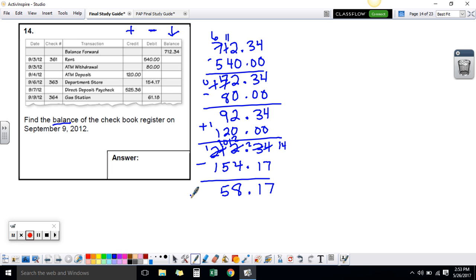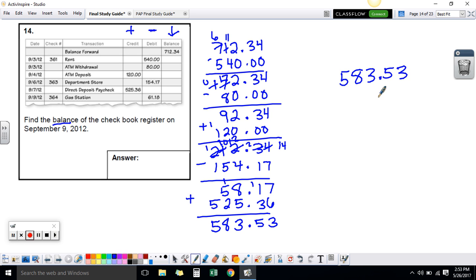I am getting paid, so I'm going to add $525.36. Thank goodness. 13, carry 3, 4, 5, decimal. 8 plus 5 is 13, carry 5, 6, 7, 8, 583.53. And then finally, I need to put gas in my car, and I'm out of room, so I'm going